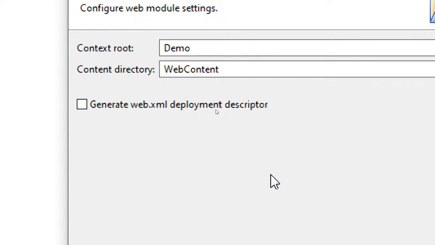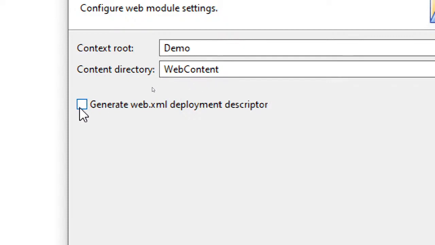So our web project name is going to be demo, and under that demo, the src folder will be created. Under that src folder we are going to create our java classes and other servlet classes, I mean servlet programs. All those things we are going to create under the src folder. And a web content folder will also be created. In this web content folder we are going to create all our JSPs, html files, css files, images, any other text files. All those things we are going to place in the web content folder.